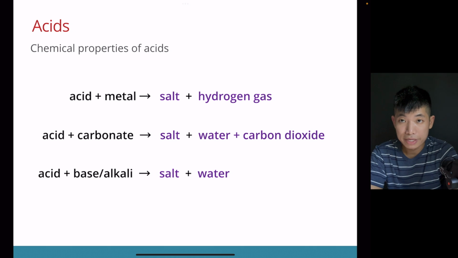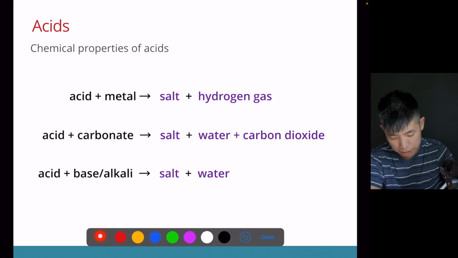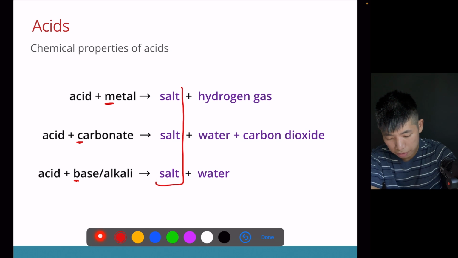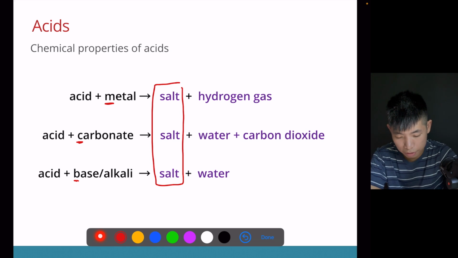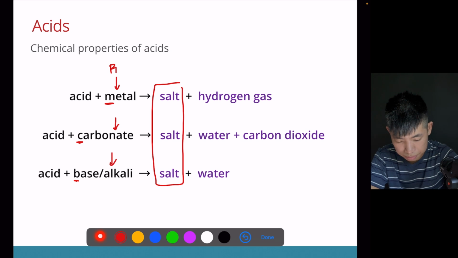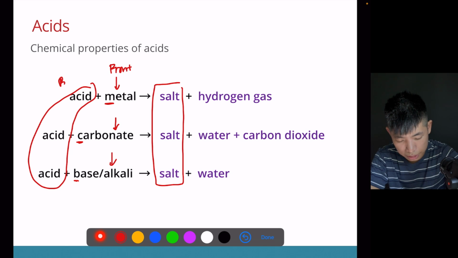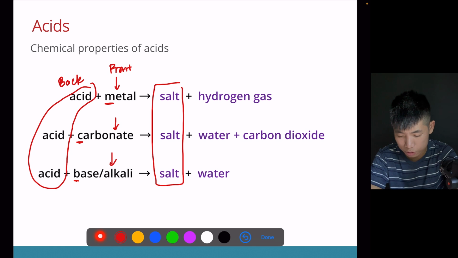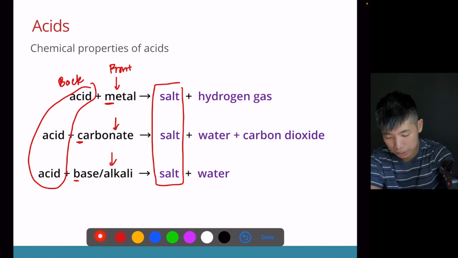So let me summarize today's lesson. Acids undergo three reactions: acid plus metal, acid plus carbonate, and acid plus base. All three form a salt. The front part of the name of the salt comes from the metal, the base or the carbonate, and the back part of the salt comes from the acid. So sodium chloride, the front will be sodium carbonate, sodium hydroxide, or sodium metal. The back part depends on the type of acid that you use, and the products depend on whether it's an acid metal,